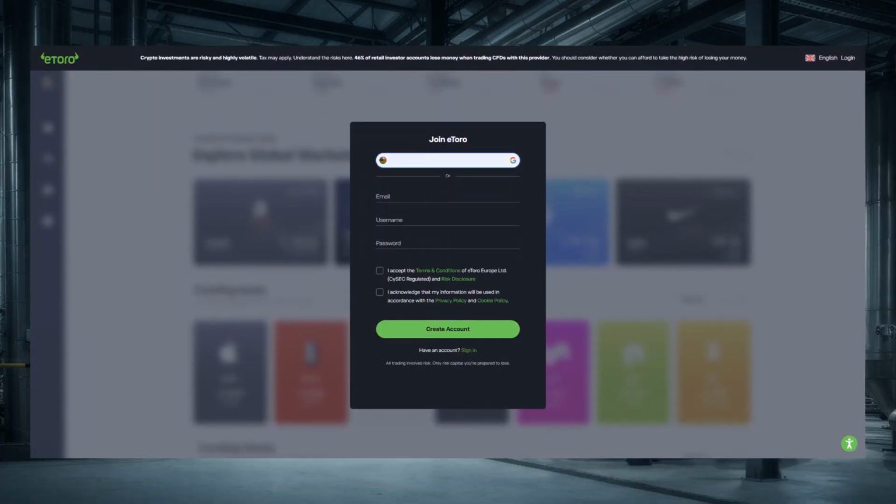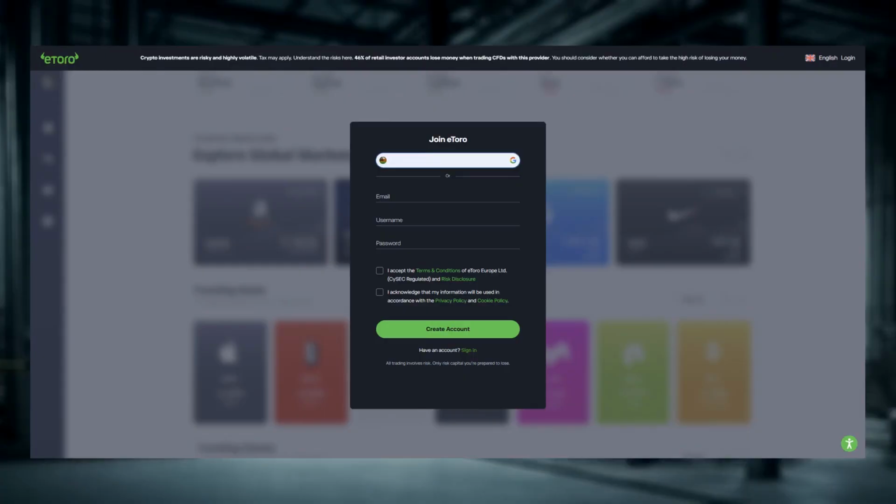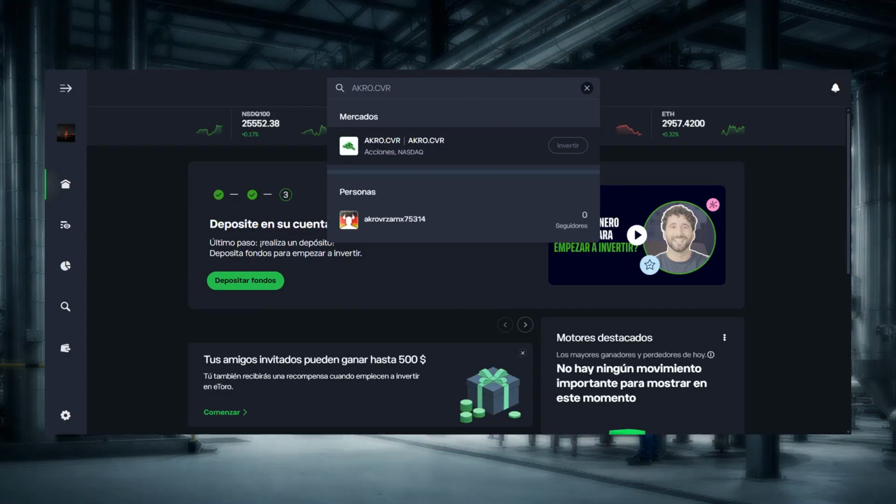To make a purchase, you need a broker, and we'll use eToro as the example to show the process. Registration is straightforward. After signing up, you will need to verify your account with an identity document and add funds before buying. Use the platform search box and enter the ticker